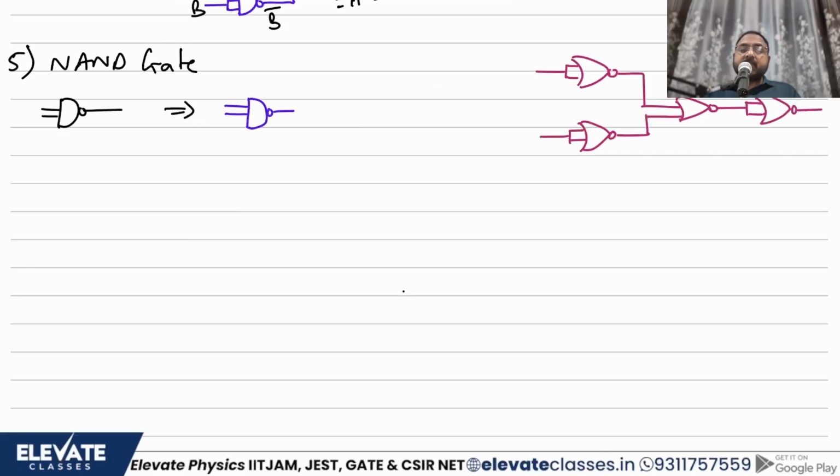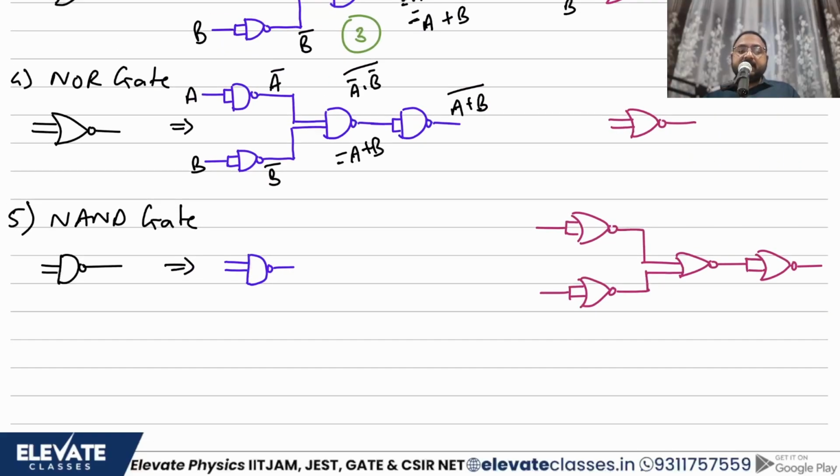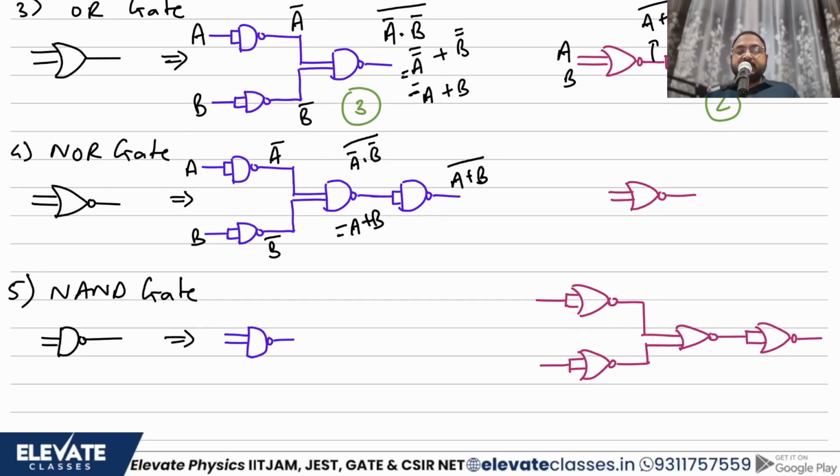Fifth one, how do you design a NAND gate using a NAND gate? But obvious, there's no designing. You just take the same NAND gate and keep it as it is. So again, I want to draw your attention to how many gates were required. One NAND gate is required to design a NAND gate, which is very obvious, and 4 NAND gates are needed to design a NOR gate. Very important from your competitive exams point of view.